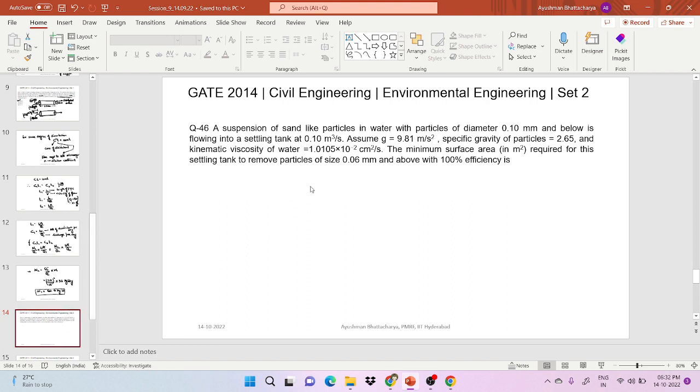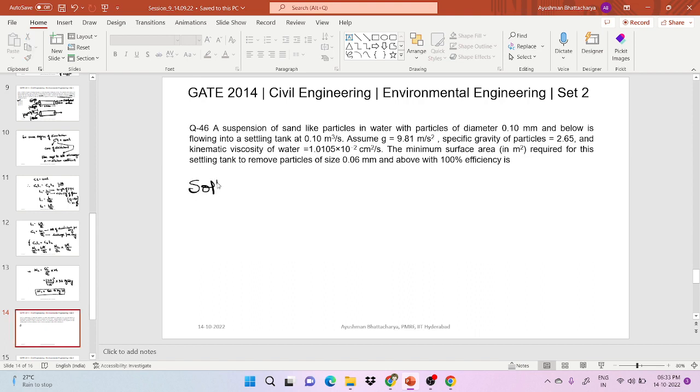In the next question, they are telling a suspension of sand-like particles in water, with particles of diameter 0.1 mm and below, is flowing into a settling tank at 0.1 meter cube per second. Assume g is 9.81 meter per second square. Specific gravity of particle is 2.65 and kinematic viscosity of water is this much. The minimum surface area required for this settling tank to remove particles of size 0.06 mm and above with 100% efficiency. Okay,